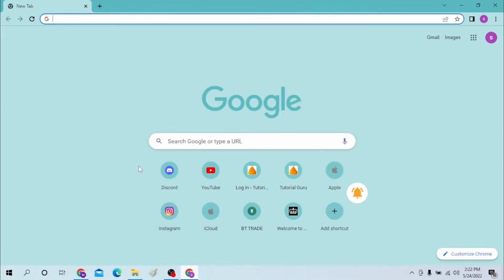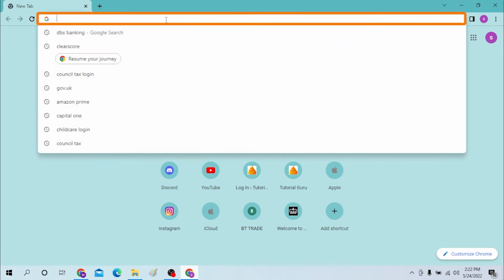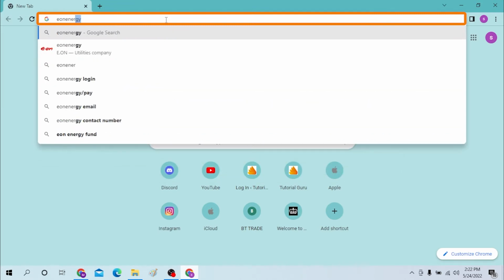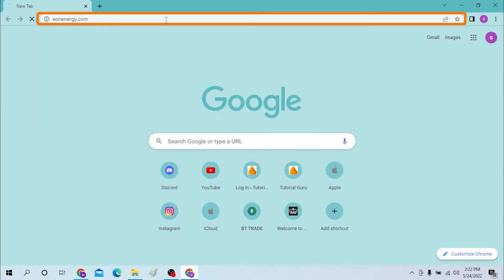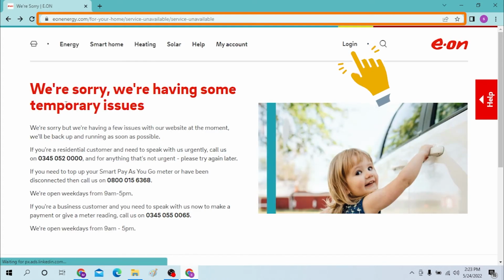Okay, on your computer, first open up your preferred browser. As I have already opened mine, you can see the Google Chrome, and on the search bar type in EON energy.com, hit enter, and after that you will land on EON Energy's home page, and the login option is available on the top right